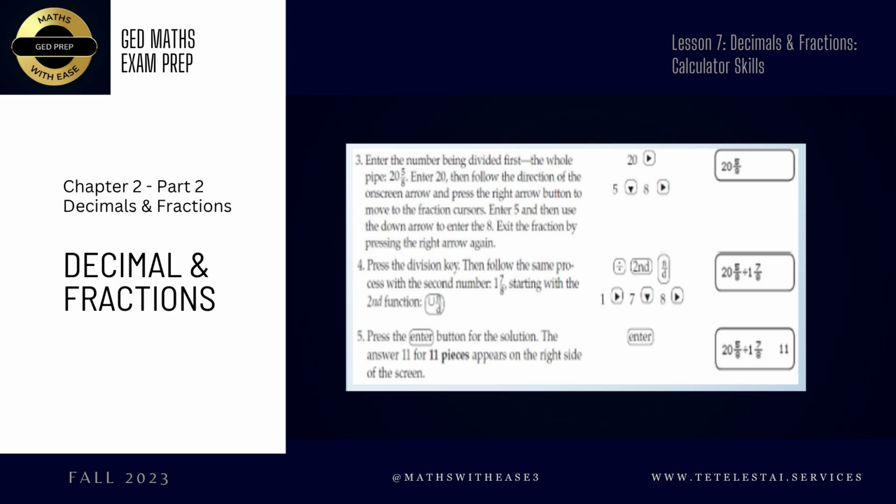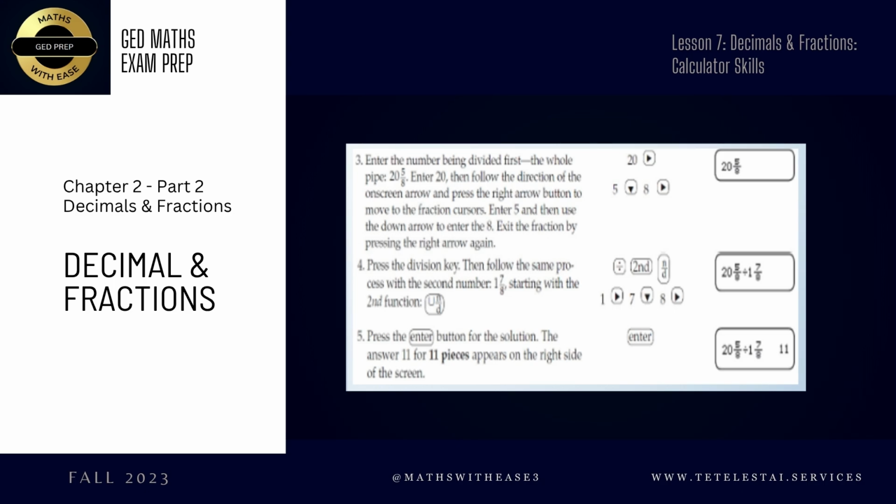Then enter the number 5, then press the down arrow to navigate to the denominator, press the number 8, then press the right arrow to move to the right side of your input so that you can enter your required operation, which in this case is division. So you press your division key,